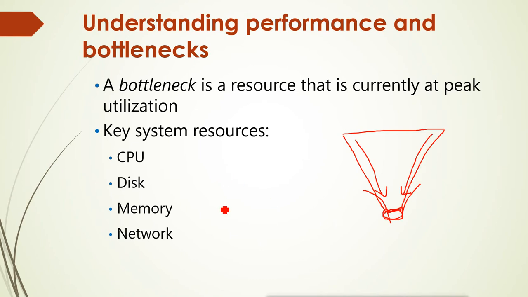So we should monitor the server resources so that we can make sure the server is working properly if it is having a large amount of requests or is at peak utilization time. Key system resources are the CPU, hard disk, memory, and network. They must be available properly for utilization. We have to monitor all these things: is it properly allocating these resources, is it available for the requests, or is it enough for the requests which are coming.